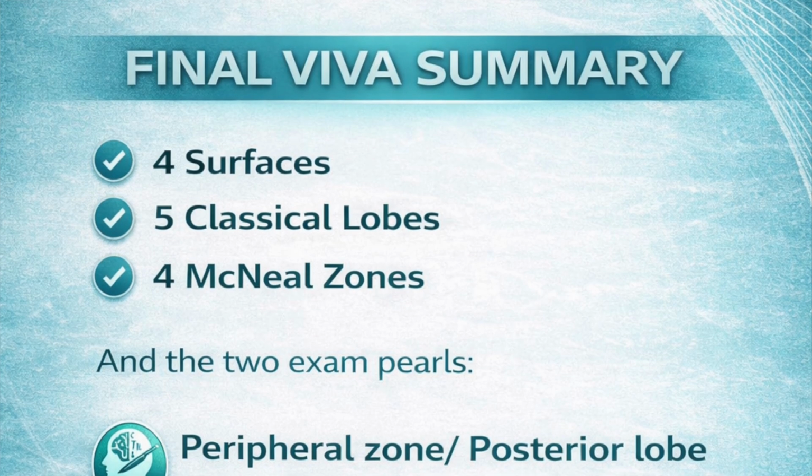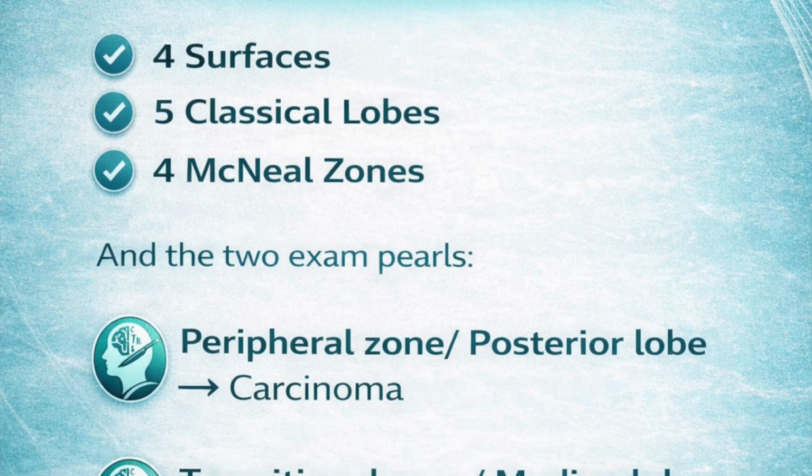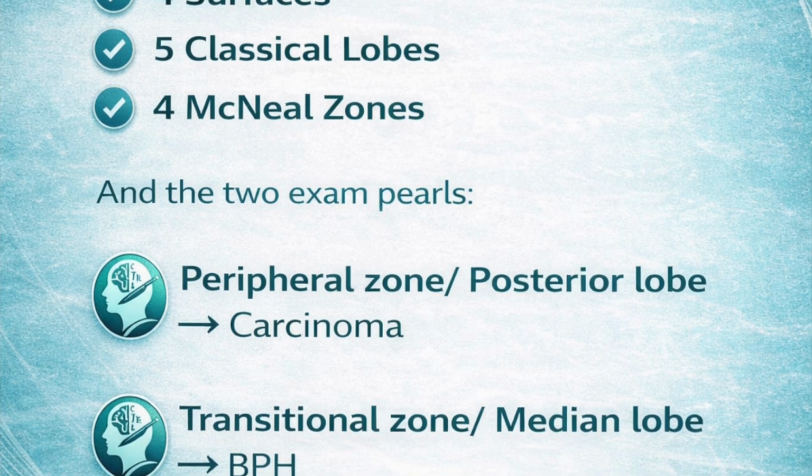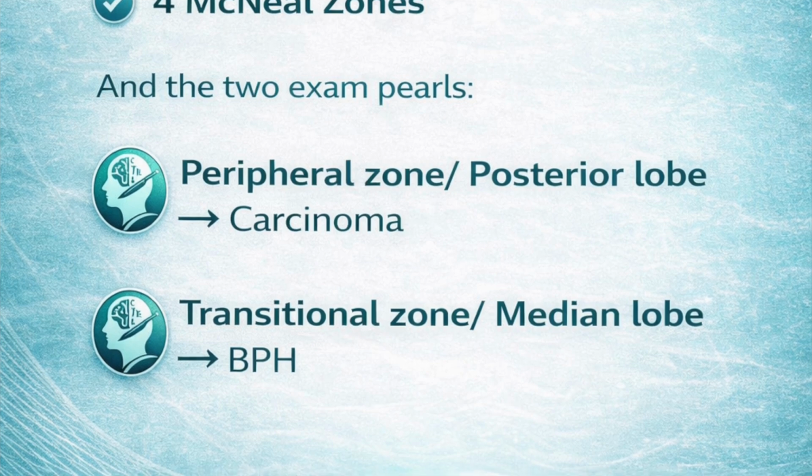So remember this for your Viva. 4 surfaces, 5 lobes and 4 McNeil zones. And 2 important questions. Peripheral zone is where carcinoma is seen, and transitional zone is where benign prostatic hyperplasia is